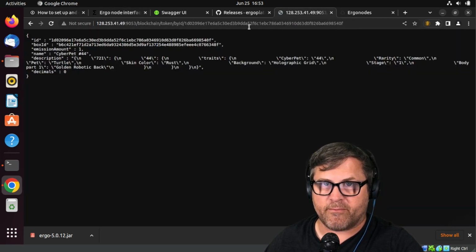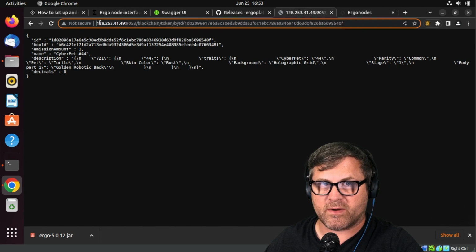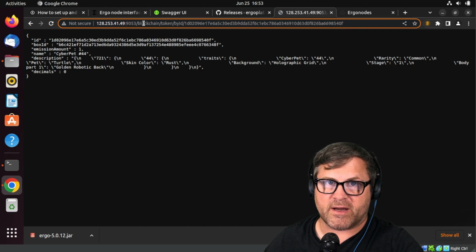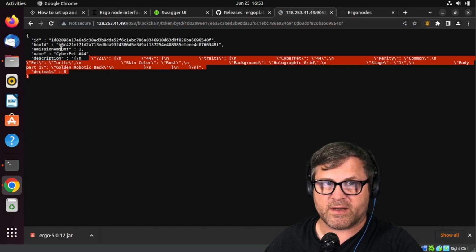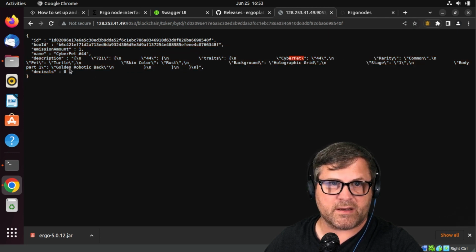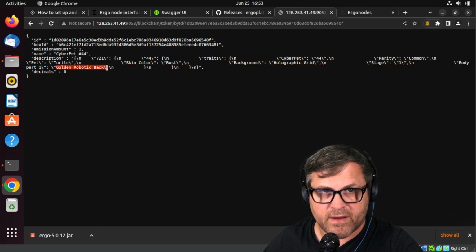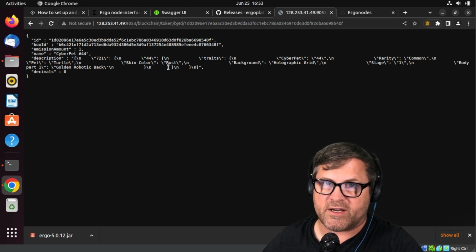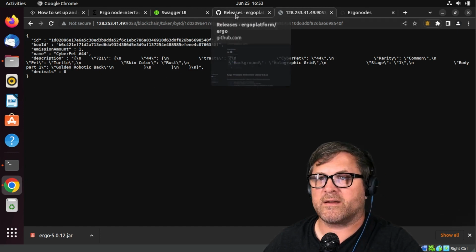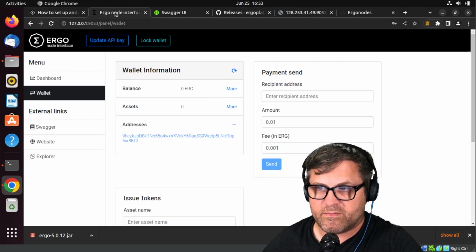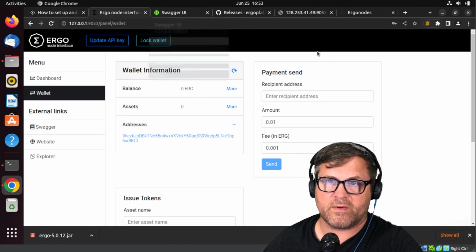Here's an example of a raw API call. This is one of the other nodes that I have. We're essentially asking the blockchain node to give us this information for this token by the token ID, and it's showing us that it is a CyberPet, a golden robotic back. I think it's a turtle. Yeah, it's a turtle right there. So if you're writing a small app or a program and you need to do API calls, you need to do it fast, and you don't want to rely on the central node for that, then you essentially run your own node and you're good to go with speed.